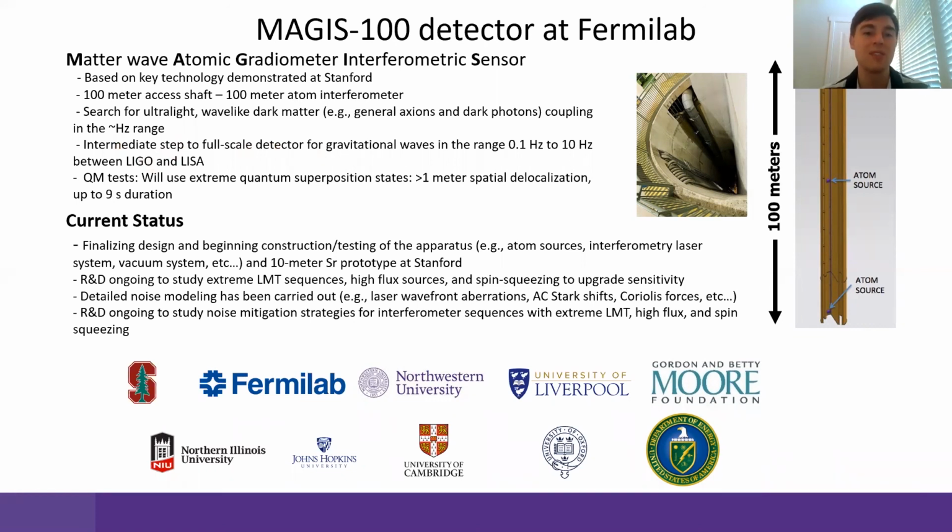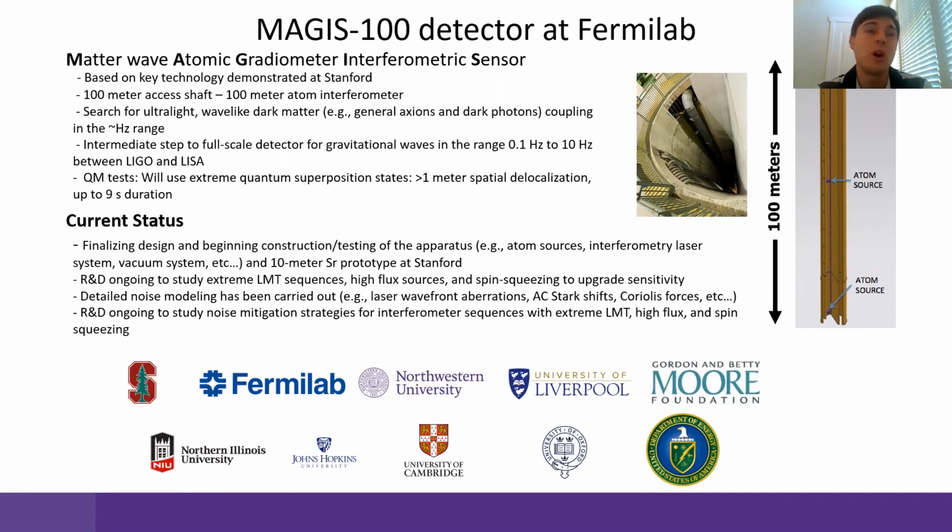Yeah, so it's an intermediate step to a full-scale detector. Really, to get enough strain sensitivity for gravitational wave detection, you want a 1 kilometer tower. So I think they're going to be a factor of 10 away from what LIGO demonstrated. And with the 1 kilometer tower, I think you would basically have the same sensitivity as LIGO, but you'd get some systematic effects out of the way, like the seismic noise. So the 1 kilometer tower is this future measurement. I think that's where you're going to see gravitational wave detection.